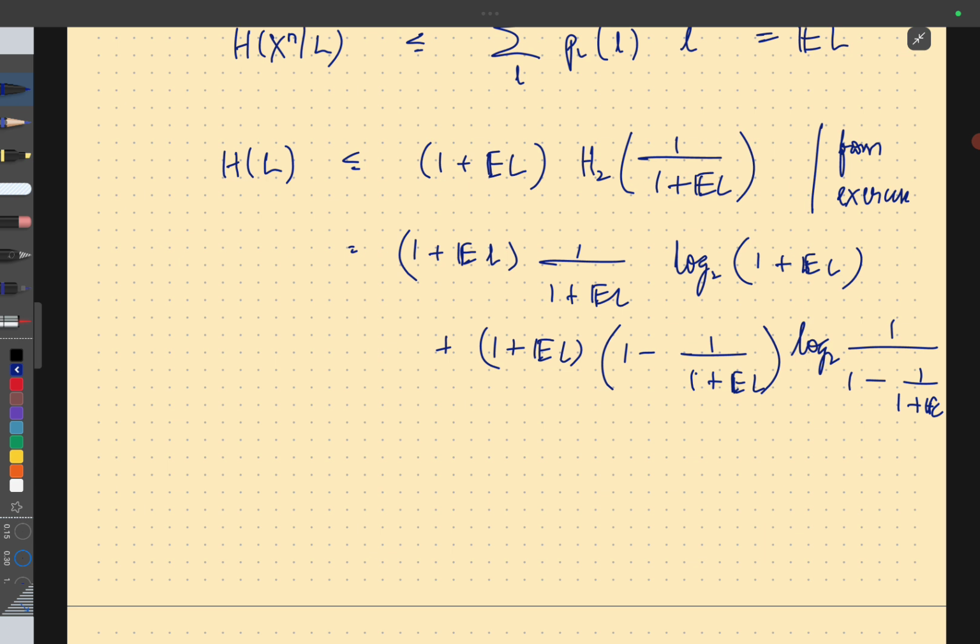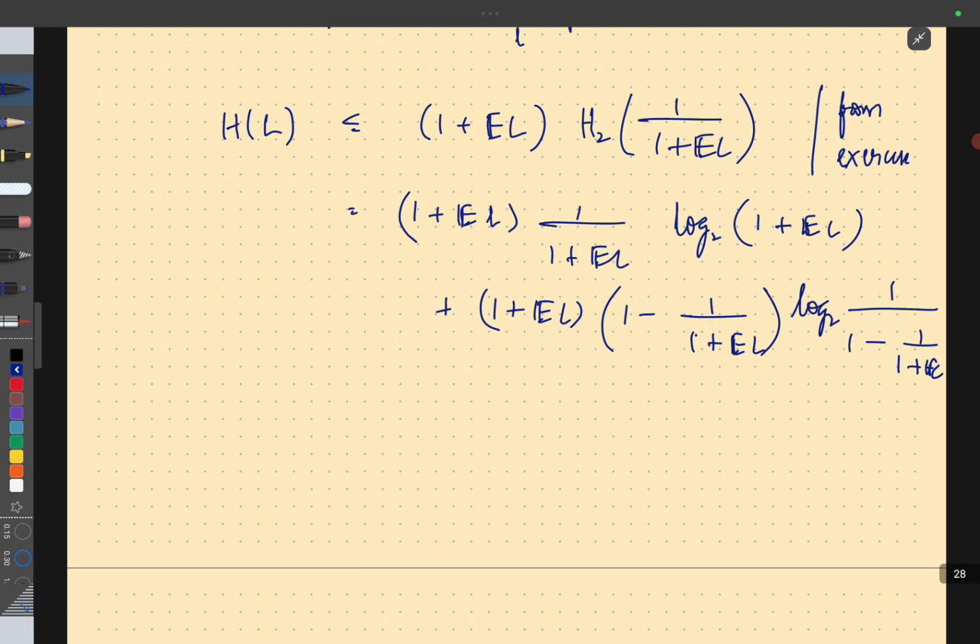Okay, so 1 over 1 plus expectation of L is my p. So it's p log 1 over p plus (1 minus p) log 1 over (1 minus p). These cancel. So just simplifying, I get